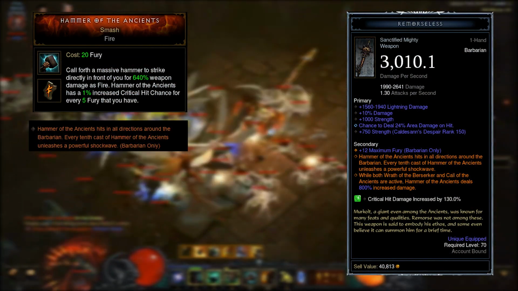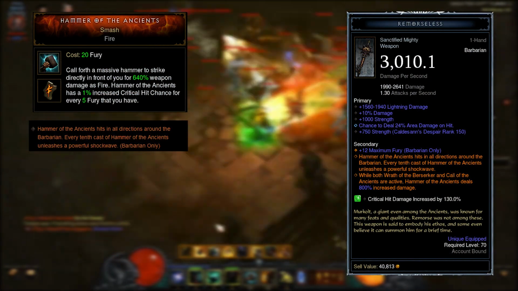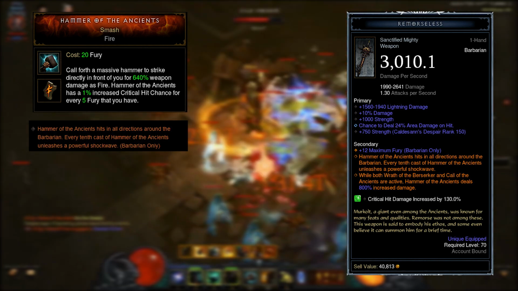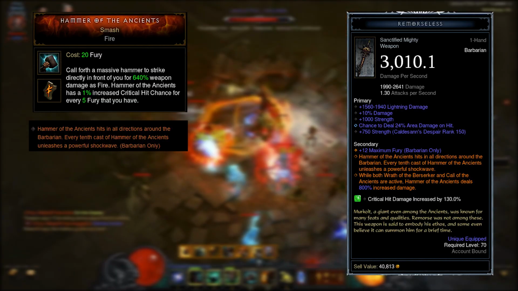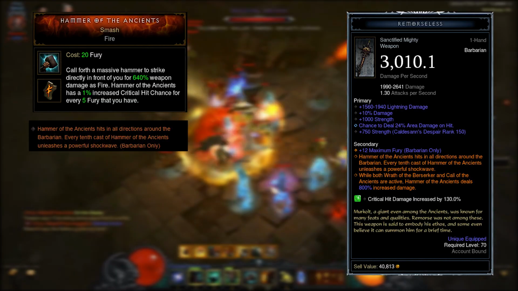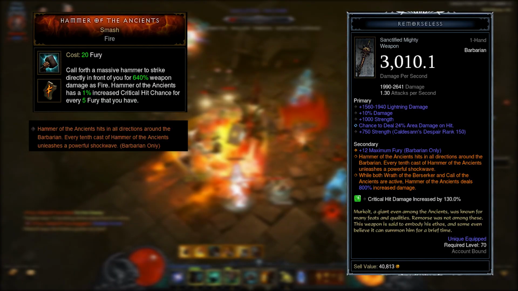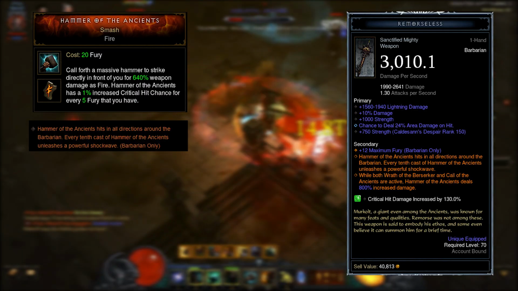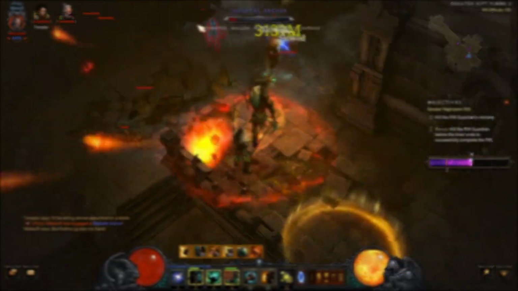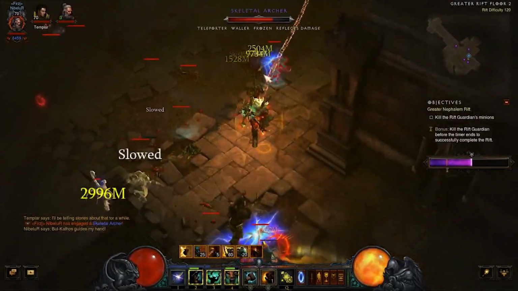It hits in all directions around the player and every 10th cast unleashes a powerful shockwave. This is especially useful if you have dense areas full of monsters. Plus, this skill is extremely scalable. There are plenty of legendaries that buff Hammer of the Ancients, best used with Legacy of Dreams or Immortal King. It is certainly a devastating option for Greater Rifts, but speed farming with this power is not going to reveal